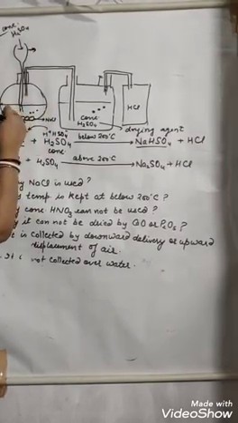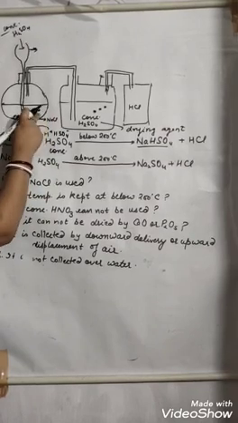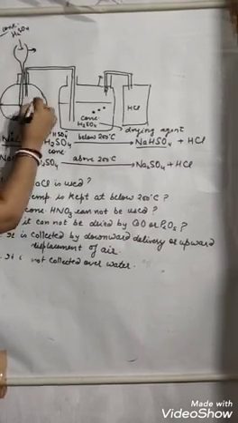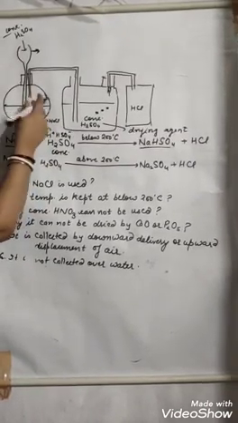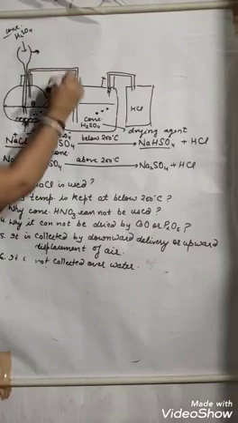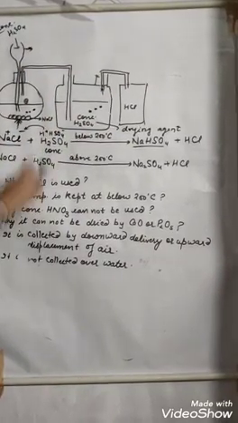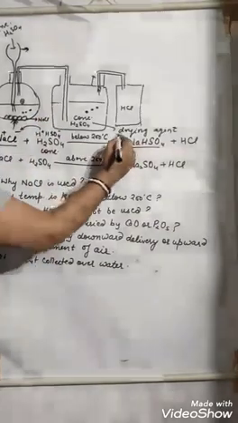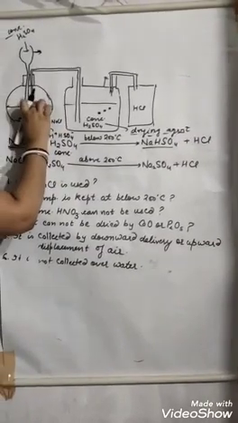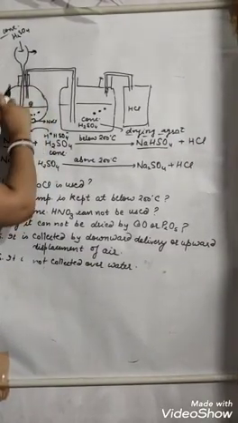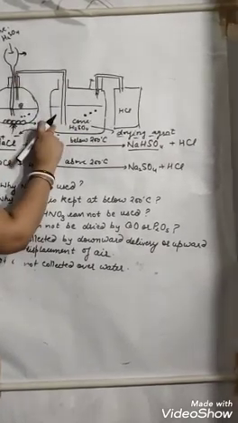Because H2SO4 is a liquid, gas is being released, so we will see bubbles. Bubbles will come. Fumes will come out of this liquid. From this, it will go into another container containing concentrated H2SO4. What is the use of this H2SO4? This is acting as a drying agent over here. When it comes in the form of fumes, it may contain air, it may contain water vapor, so it will carry it with it, right?